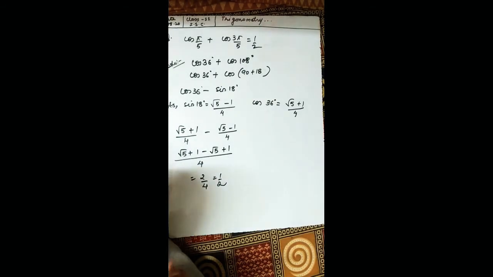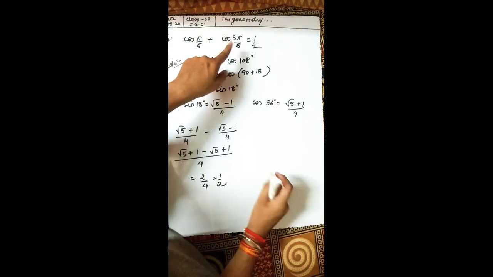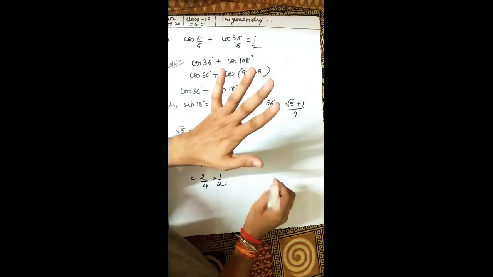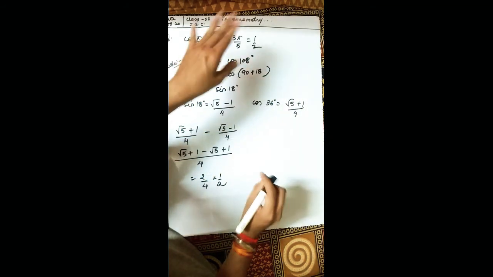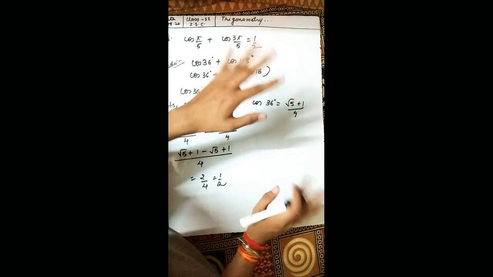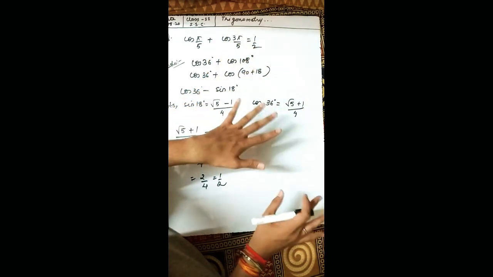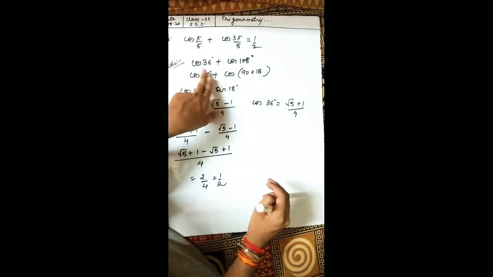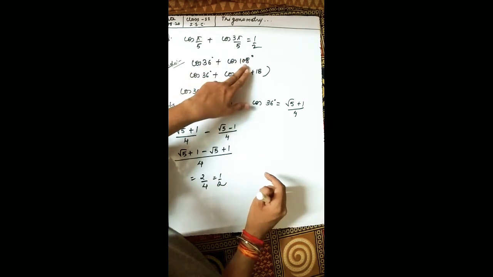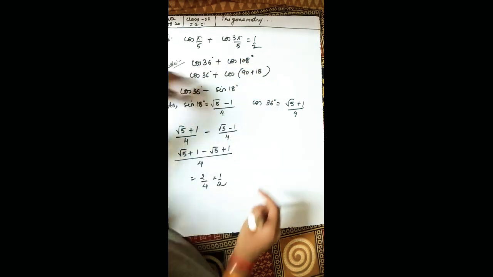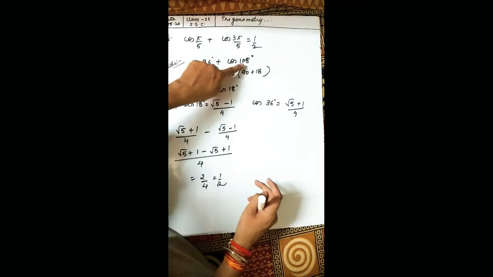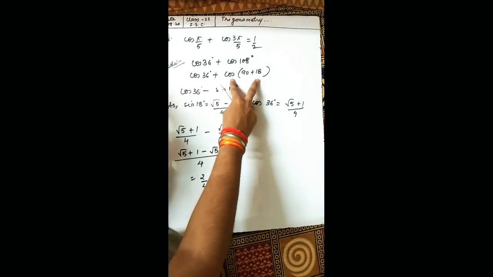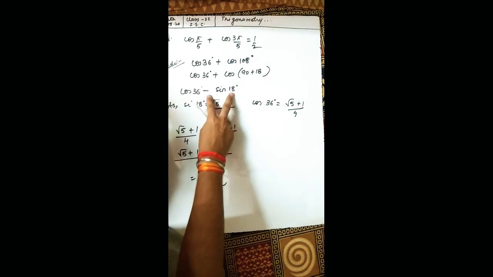Okay, as you see this question, it says cos pi by 5 plus cos 3 pi by 5 equal to 1 upon 2. If you face any problem regarding the pi, just change it into degrees, and after that it will be very easy for you to understand. So pi is 180, 180 upon 5 gives 36, and 3 pi by 5 on solving gives 108. Cos 36 as it is, cos 108 can be written as cos(90 plus 18). This will be, minus of sin 18 degree.